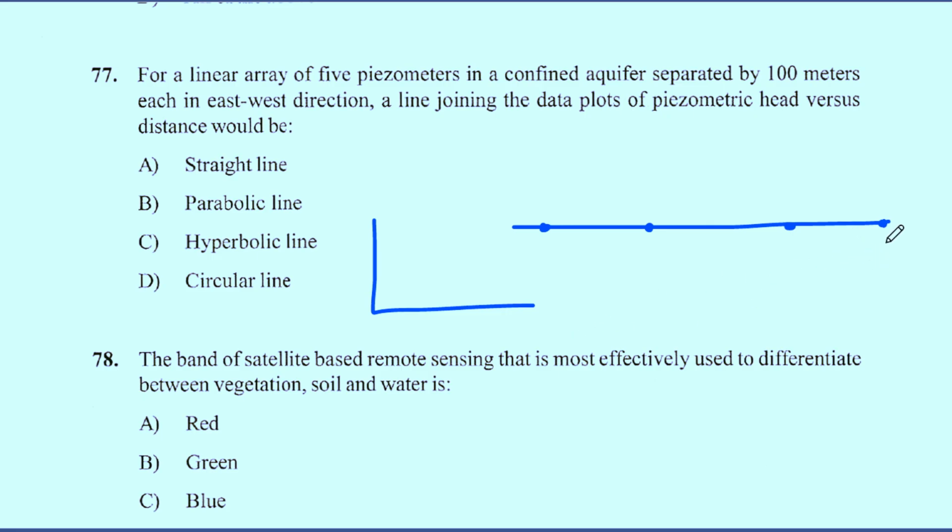suppose here it is a confined aquifer. Okay, the piezometric head will be the same in all the data. Okay, so we will get a straight line if I plot one side depth and one side piezometric head. Okay,